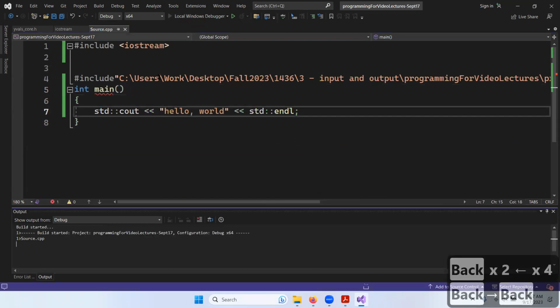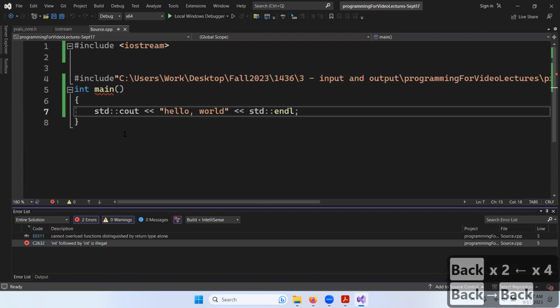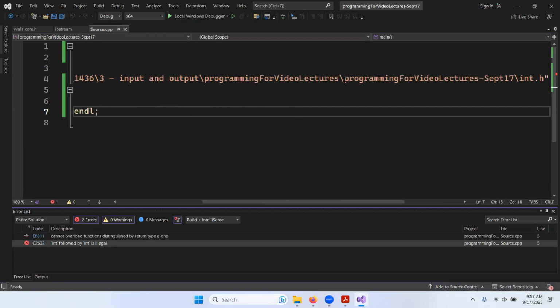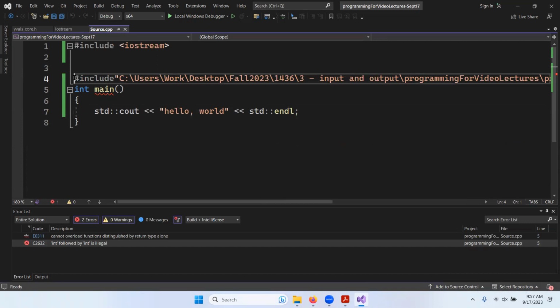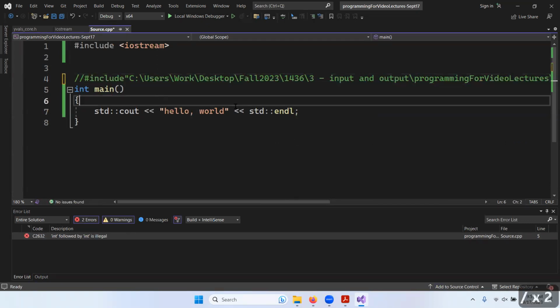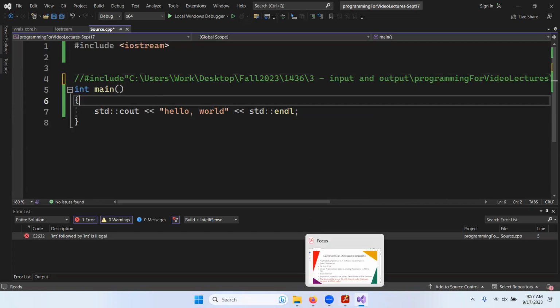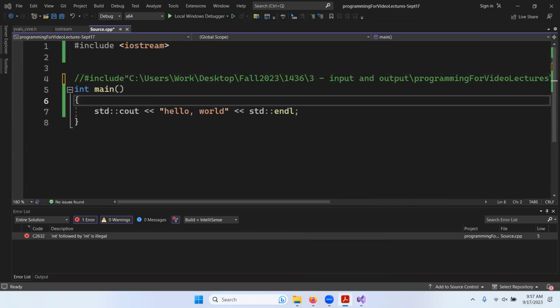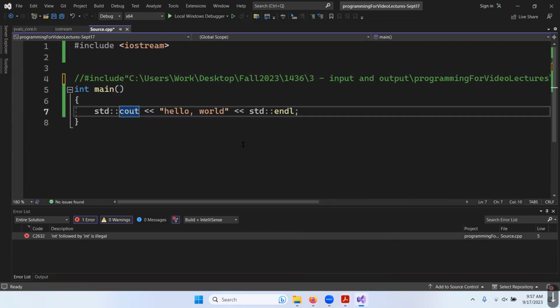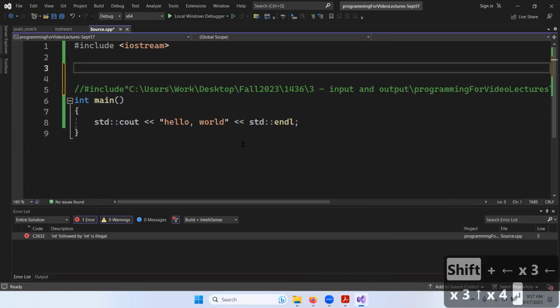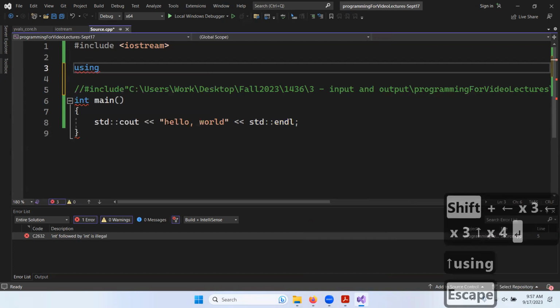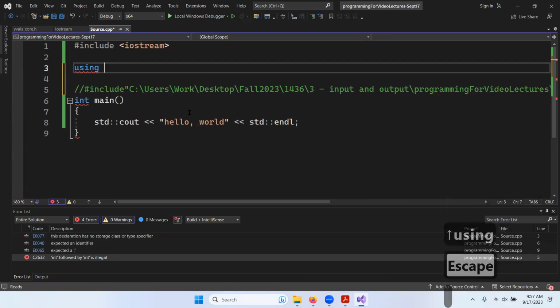Now, there will be kind of an interesting error. In this case, int is followed by int because I pound included int.h. So let me just comment this out and continue with the slides. Okay. You'll notice that I have this std:: here. If we don't want to have to type std:: before cout and endl, we can say